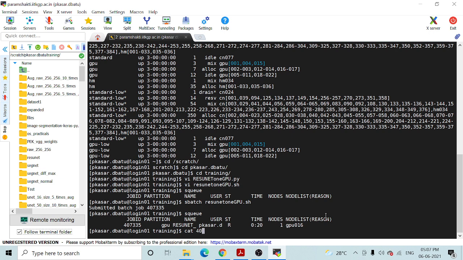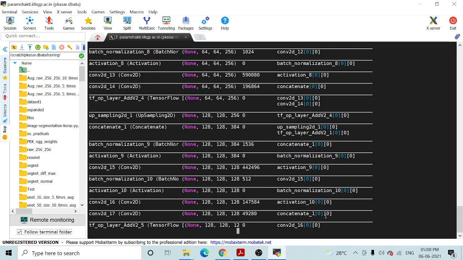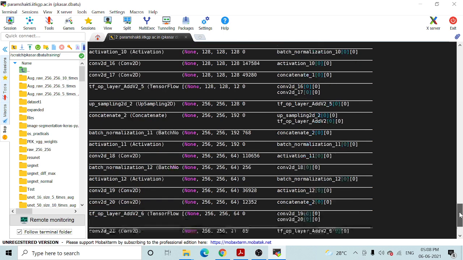And suppose I want to see some particular error statement related to that job, I have already mentioned that the error file name will be your job ID dot err. So you can see the related warnings or messages will be dumped into that .err file. Similarly, you can see the output, whatever is written by your particular file, in the .out file. So this is that out file, where all output statements or print statements will be.